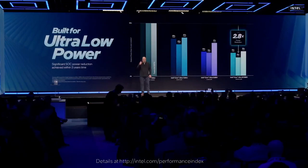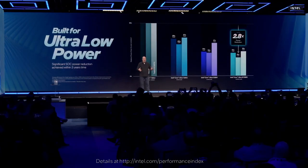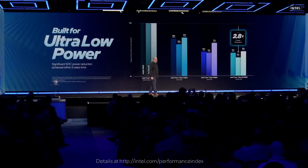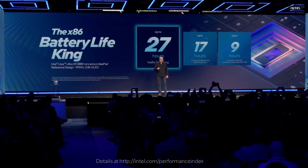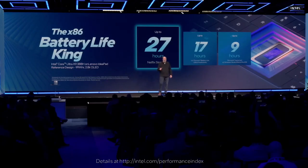This focus, this maniacal focus our design teams have on power efficiency and the implementation of the low power island dramatically improves a range of applications we use every day. A simple example would be streaming 4K video on Series 3 draws now 1/3 the power than prior generations. A massive reduction that allows us to be talking about battery life in days, not in hours. It once again puts the myth to bed that x86 can't be power efficient, even at higher performance levels,